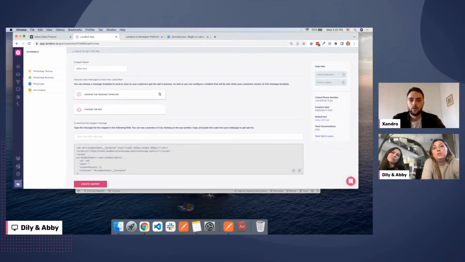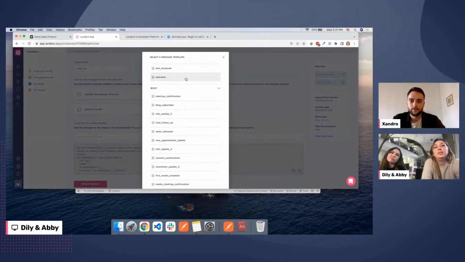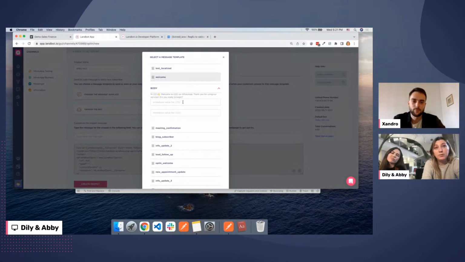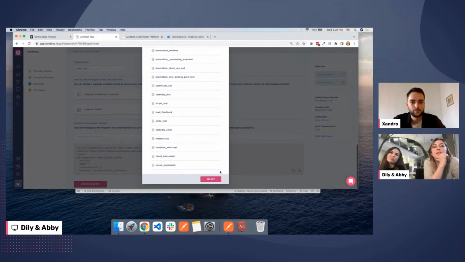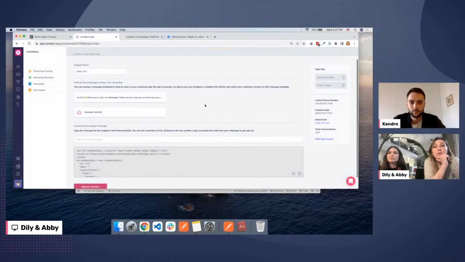These are both optional. I'm going to put welcome. And you can add it with parameters or without parameters. If you don't know the user's name or any of that, it's recommended to add one without parameters. But here, since we're already asking for the name, I'm just going to put @name. That's the Landbot format to add a parameter. And then this is the business, so I'm going to put Landbot for this example. And then I'm going to press select, perfect.